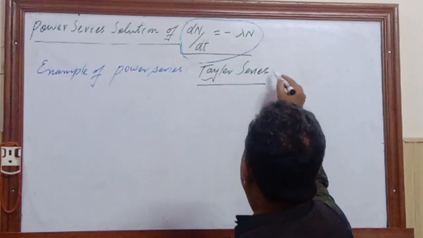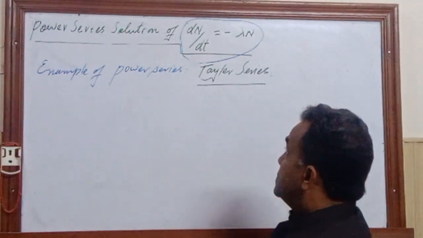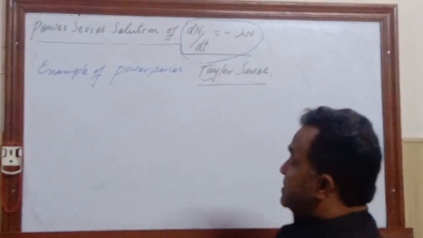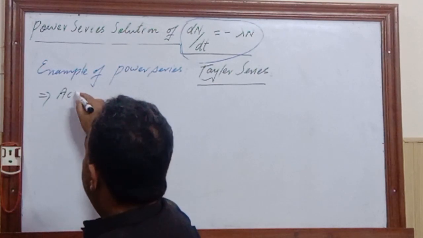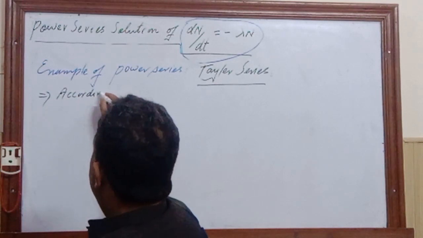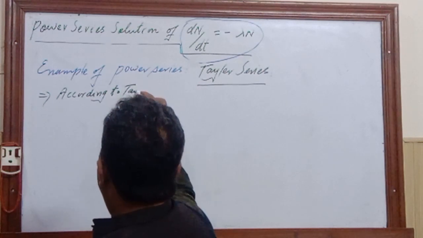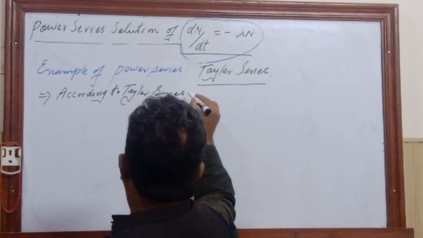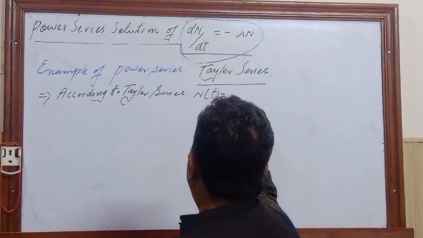According to the Taylor series, we can write down the solution of this differential equation dN over dt equal to minus lambda N, so this capital N of t can be written as,